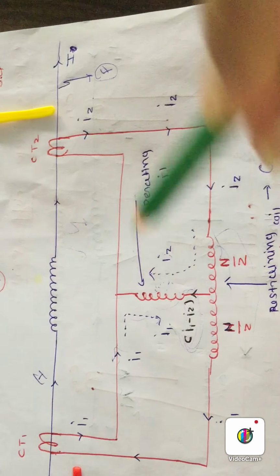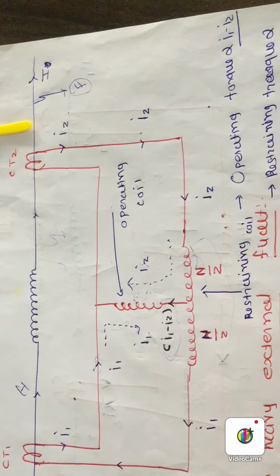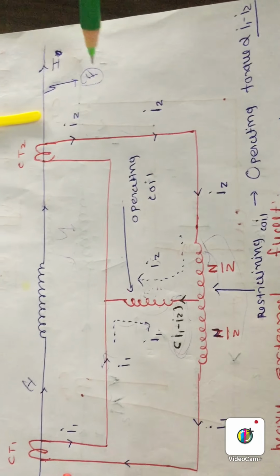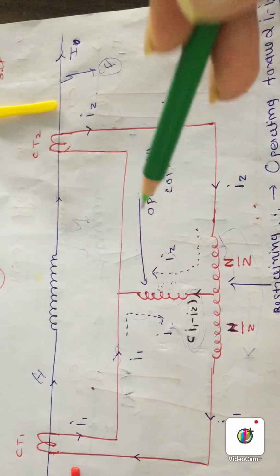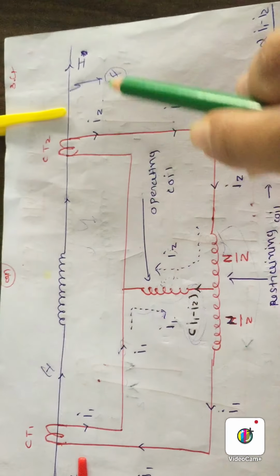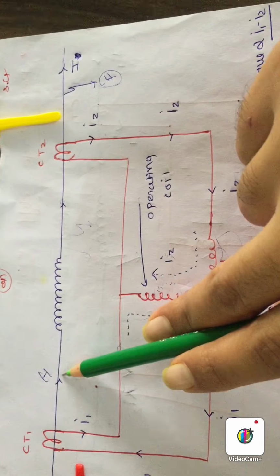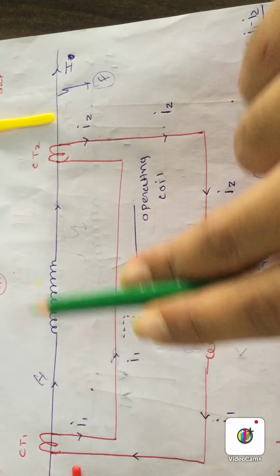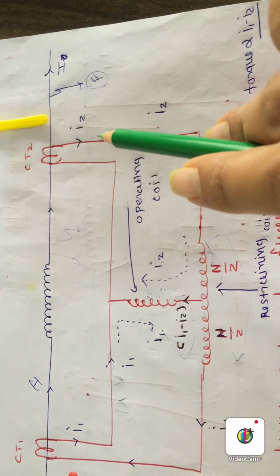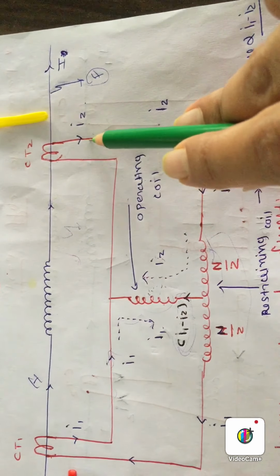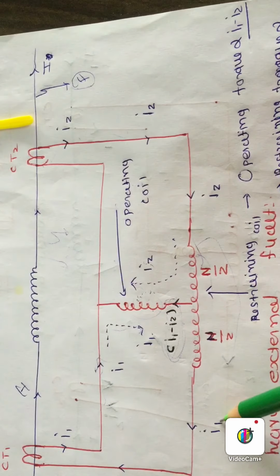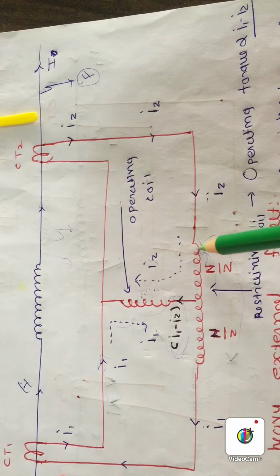Okay, now we will take the percentage differential protection. Now you know that due to heavy external short circuit condition, the I1 minus I2 difference will increase. Why? Because due to heavy fault condition, the current will increase. Due to that, the supply current, I1 and I2, will also increase. Okay, and due to the increment in I1 and I2, you can see that here I1 and I2 will flow from